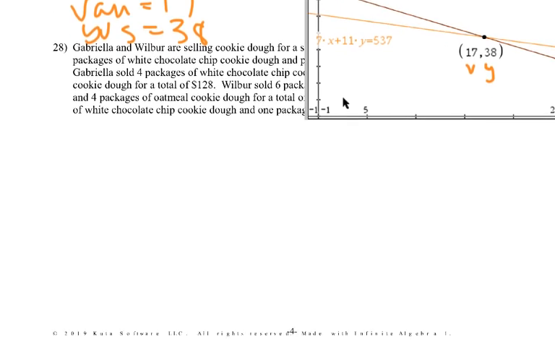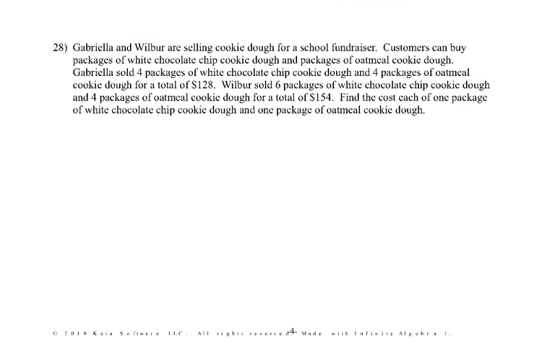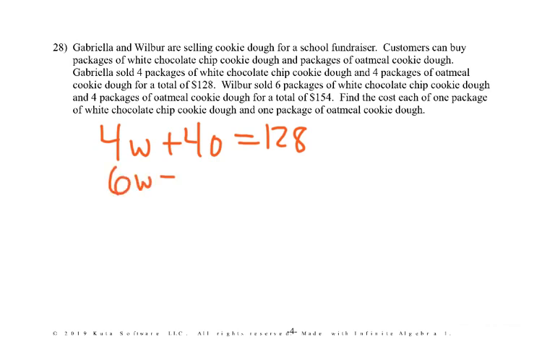All right, let's take a look at the last problem now. So, Gabriella and Wilbur are selling cookie dough for a school fundraiser. Customers can buy packages of white chocolate chip cookie dough and packages of oatmeal cookie dough. Gabriella sold 4 packages of white chocolate chip and 4 packages of oatmeal cookie dough for a total of $128. Wilbur sold 6 packages of white chocolate chip and 4 packages of oatmeal cookie dough for a total of $154. Find the cost of each 1 package of white chocolate chip cookie dough and 1 package of oatmeal cookie dough. Now, I could also use